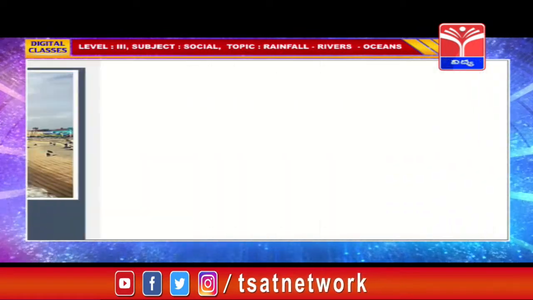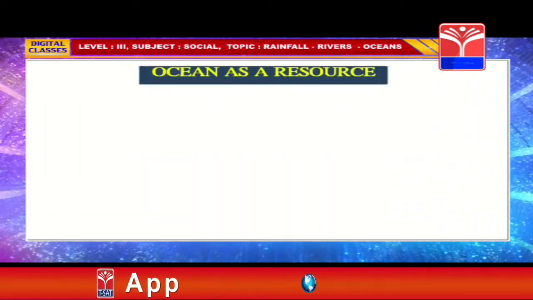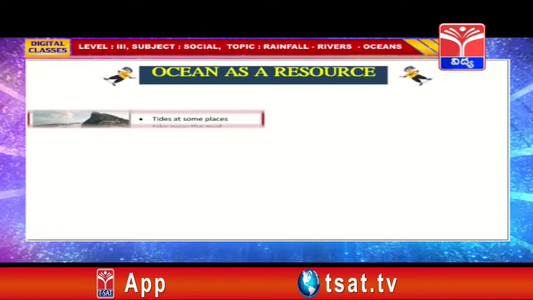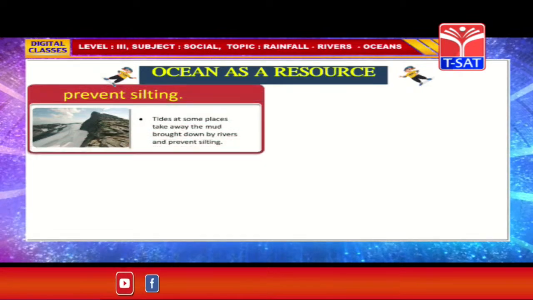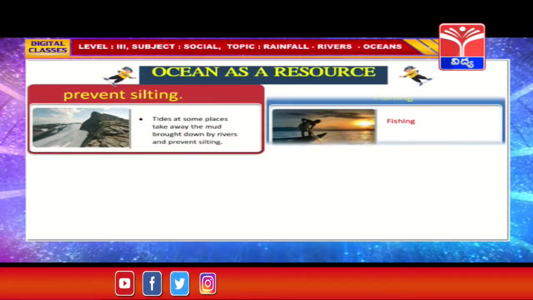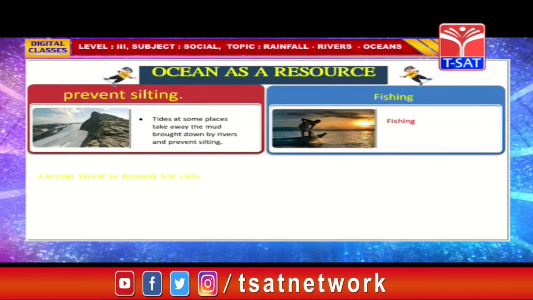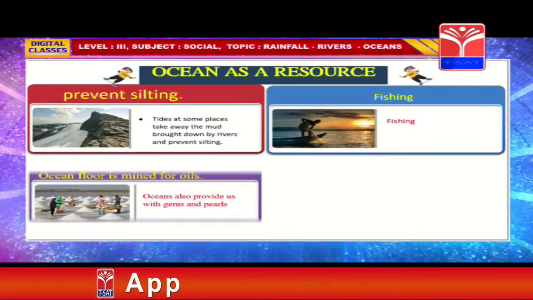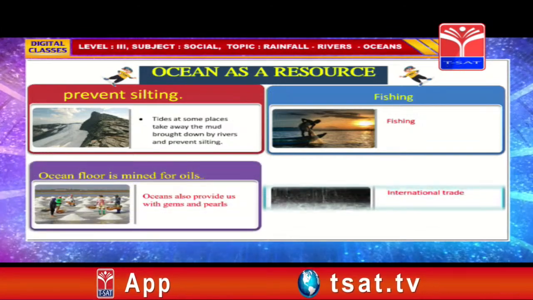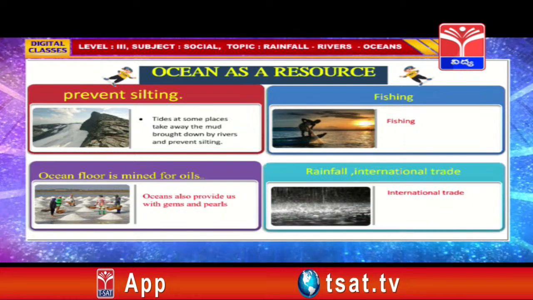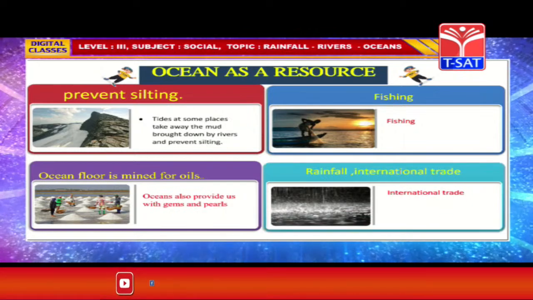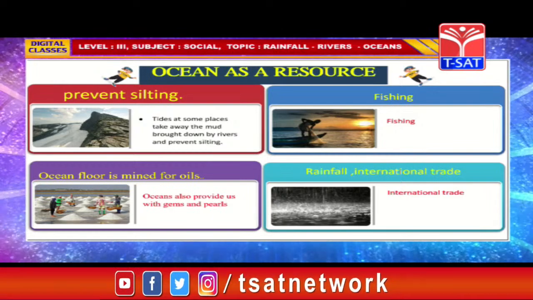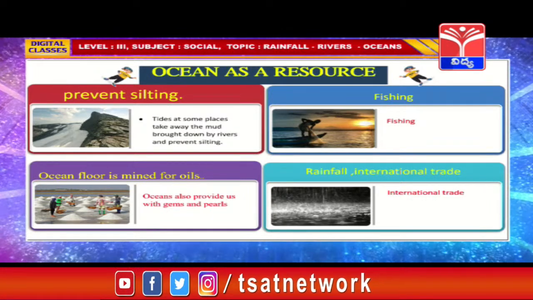Now children, let us learn about the ocean as a resource. Most life on earth is under the water. Human beings still have not finished identifying all the different forms of life in the oceans. Human beings have depended on oceans for their food and livelihood from ancient times. Oceans provided abundant food resources like fish and salt. We also use the sand, gravel, etc. for our industries or housing.